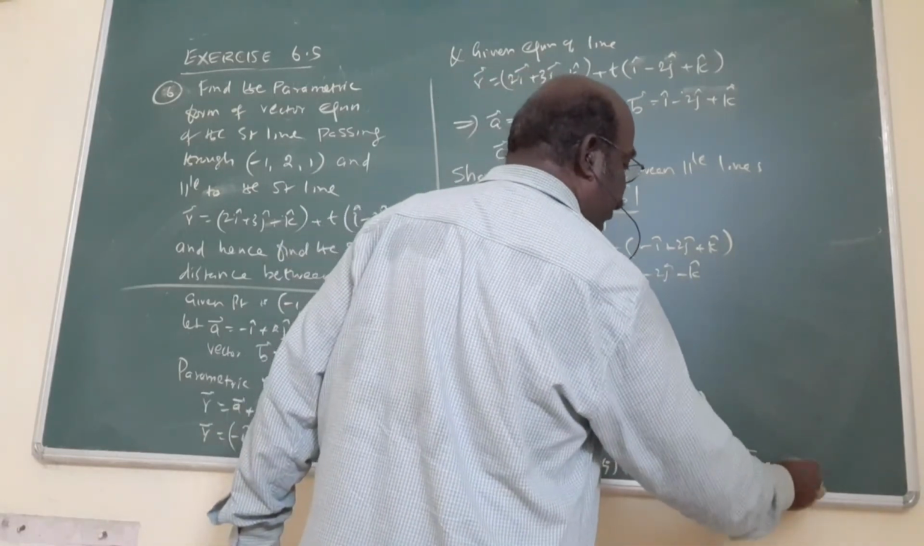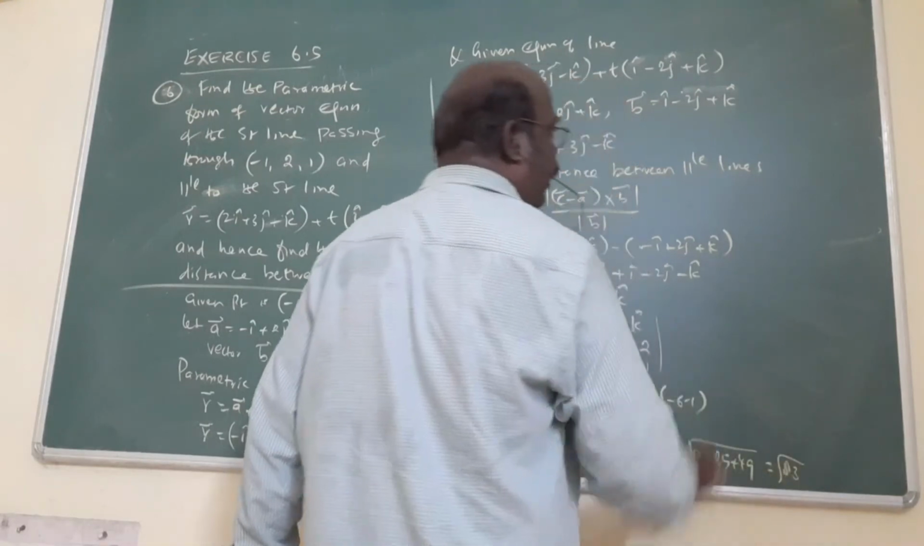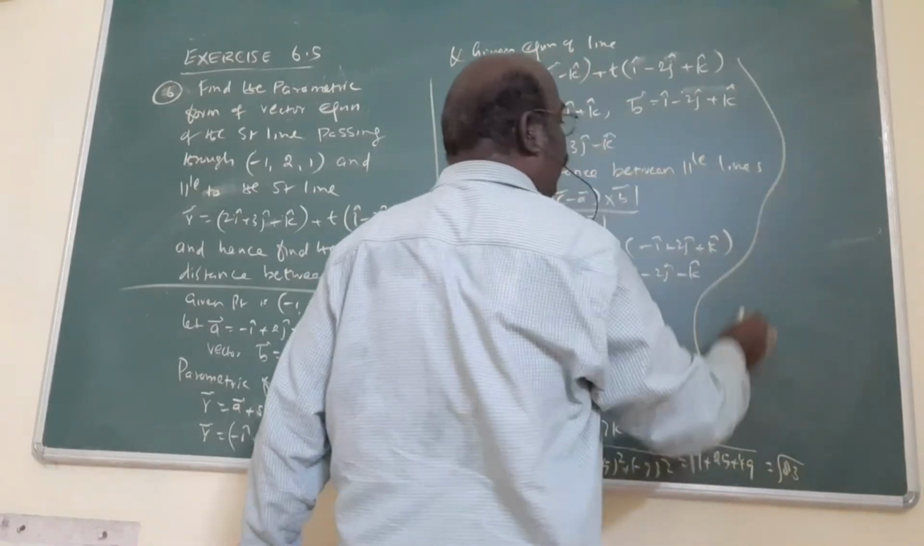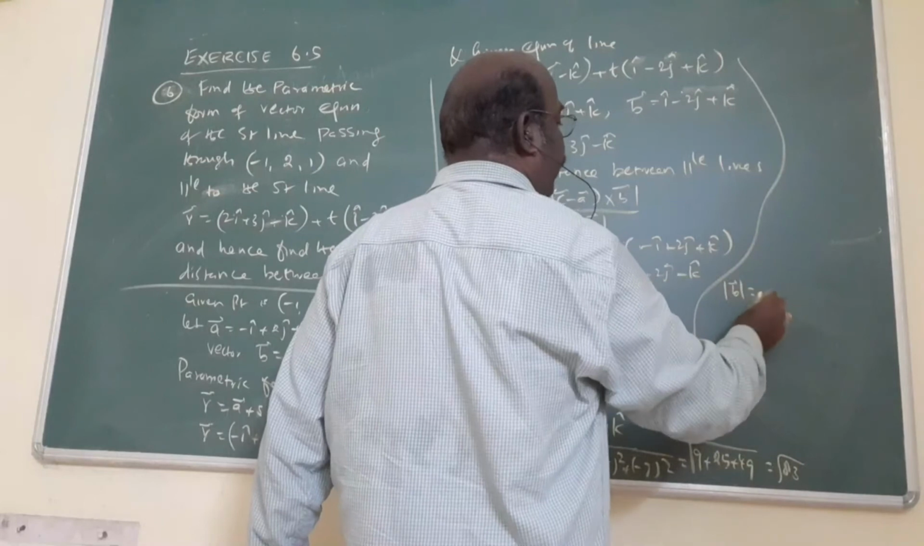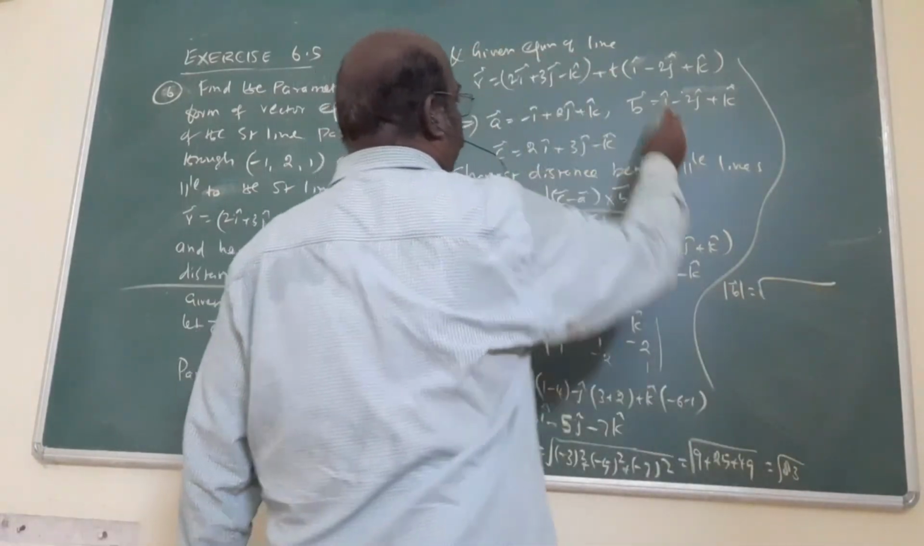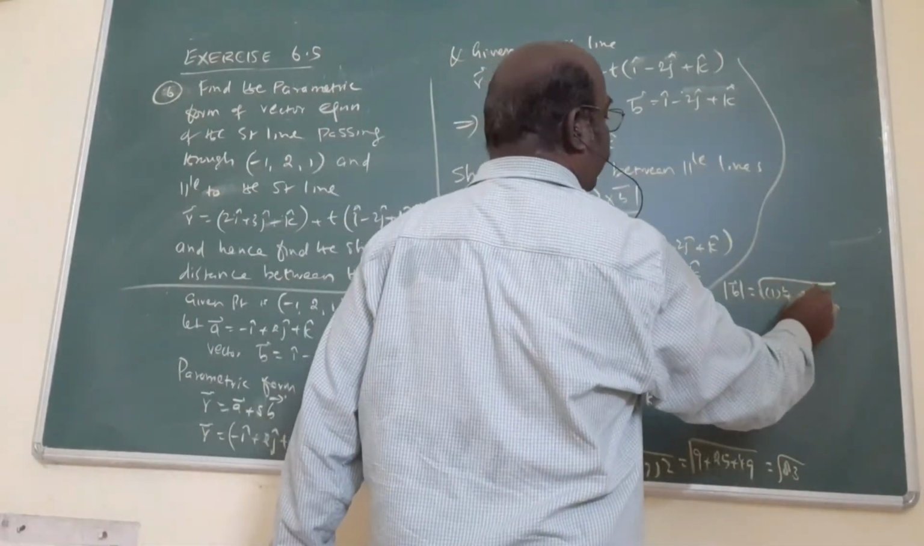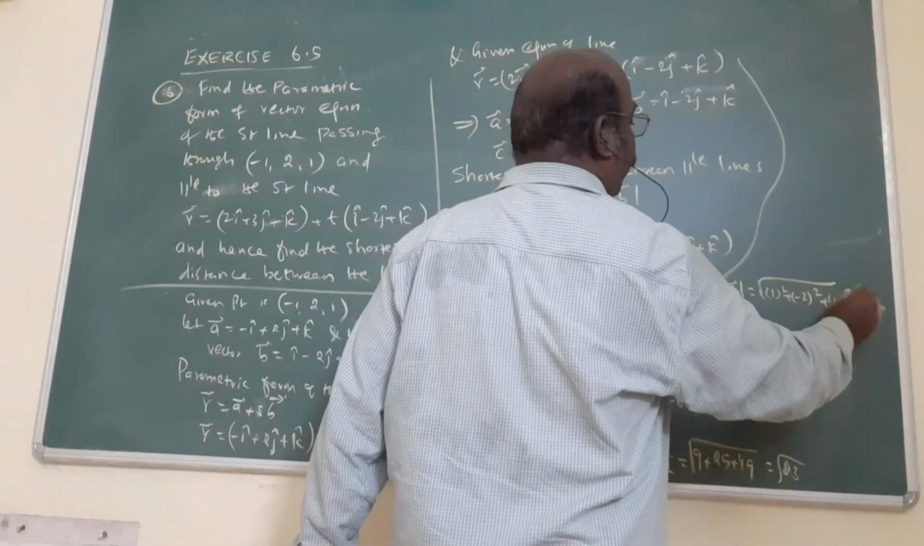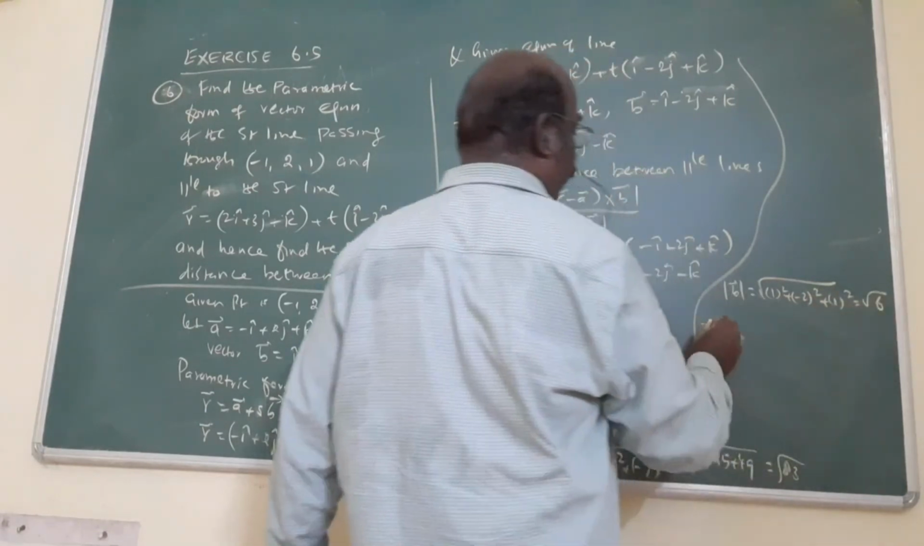83. Am I right? Now find the modulus of B also. Am I right? Modulus of B is what? 1 square minus 2 square, 1 square equal to what? Root of 6. Therefore